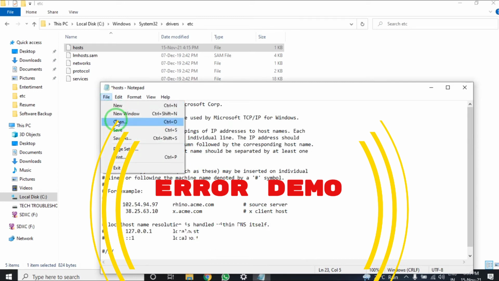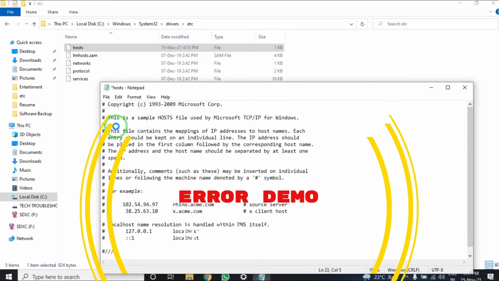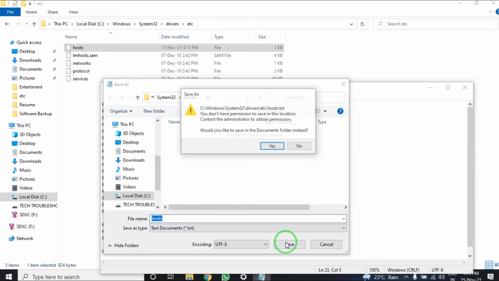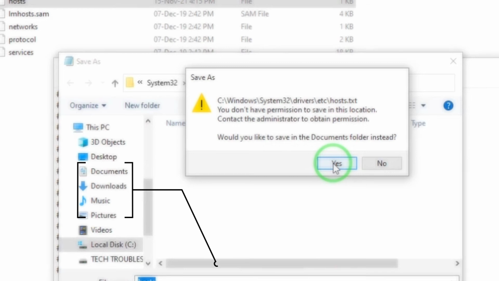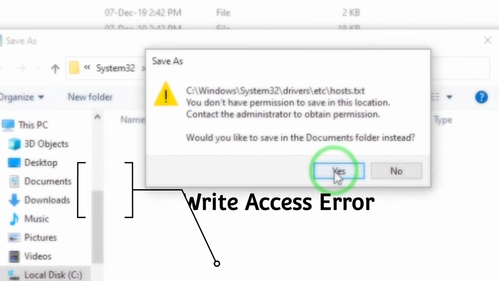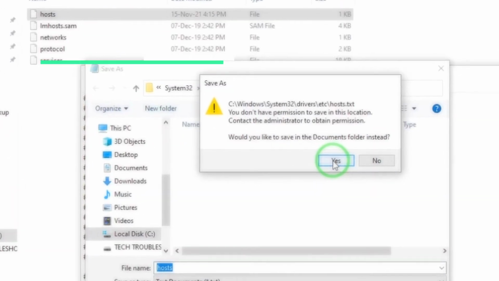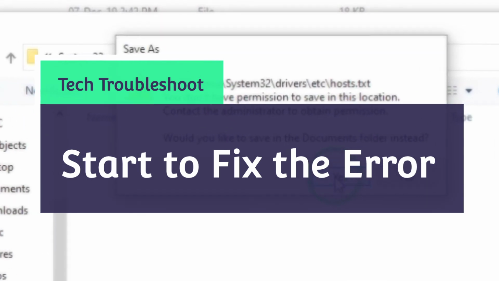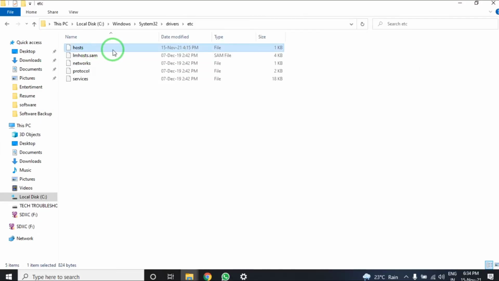Hi viewers, whenever you edit the hosts file, most people get this error due to privilege access. So let's go through how to fix this error. Once you open that hosts file, just go to Properties,